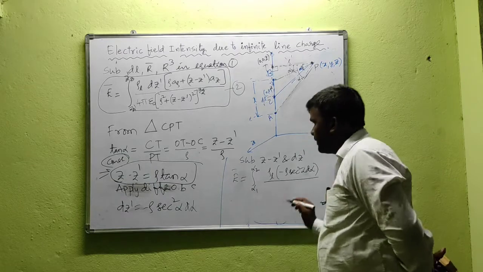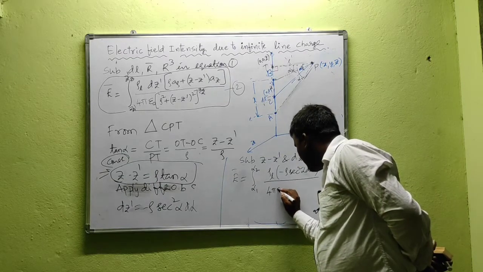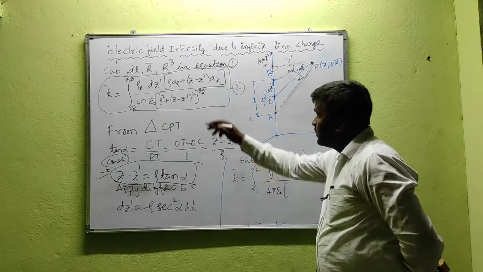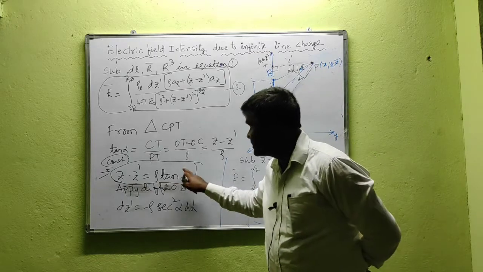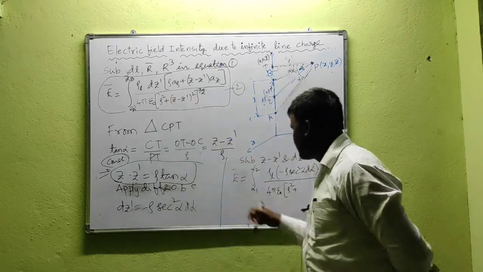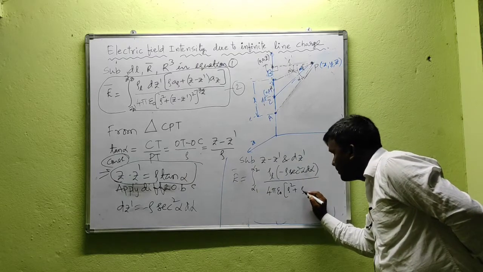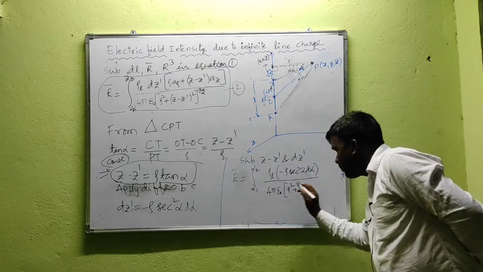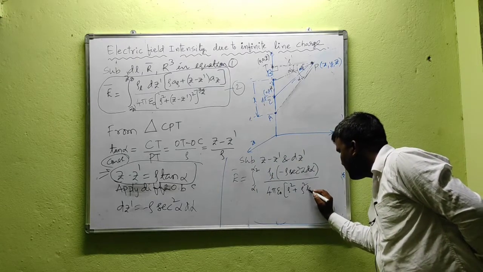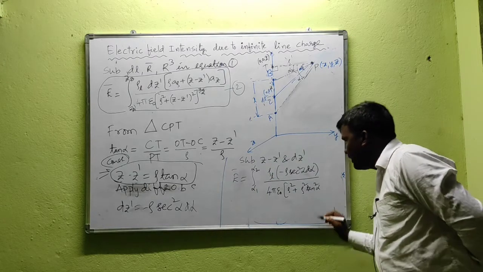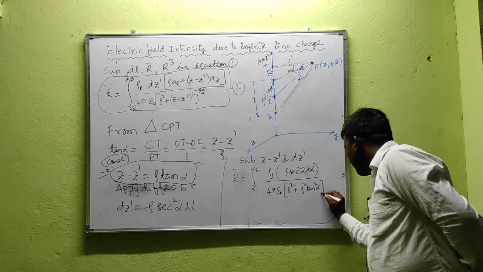That is dz dash by 4 pi epsilon naught rho square into that rho square. What about z minus z dash? Z minus z dash is this one, but here we have z minus z dash whole square, means that becomes what? Apply whole square on both sides, that is z minus z dash whole square equal to rho square tan square alpha, whole power 3 by 2.